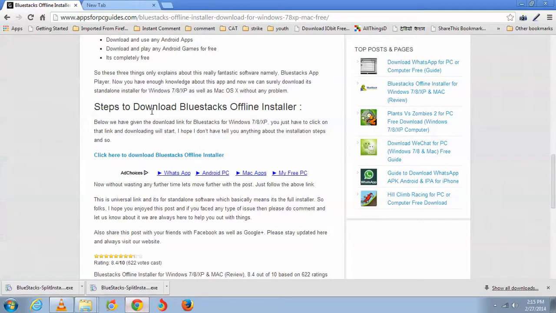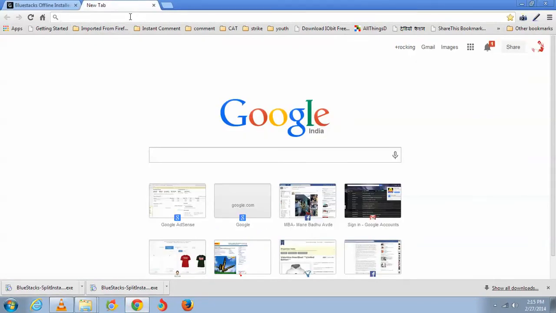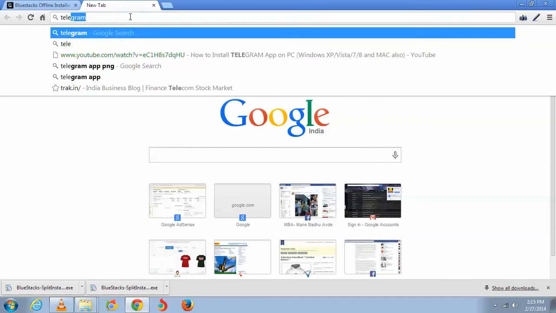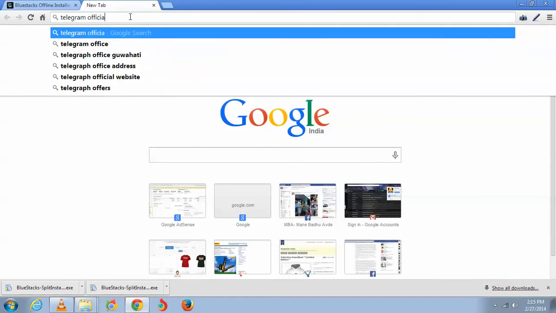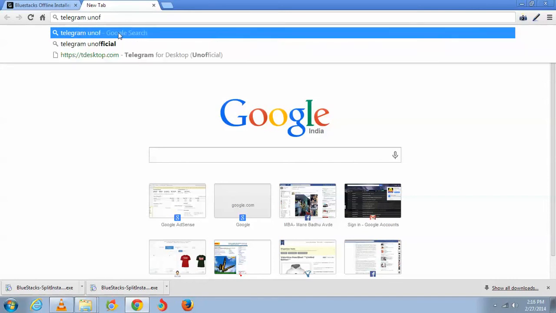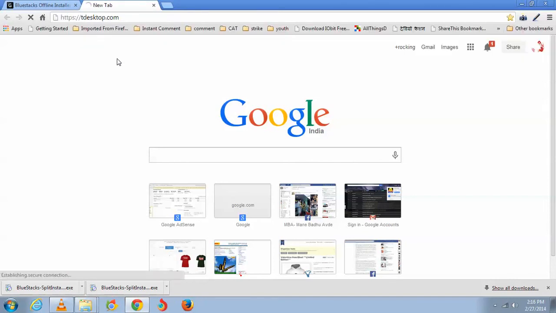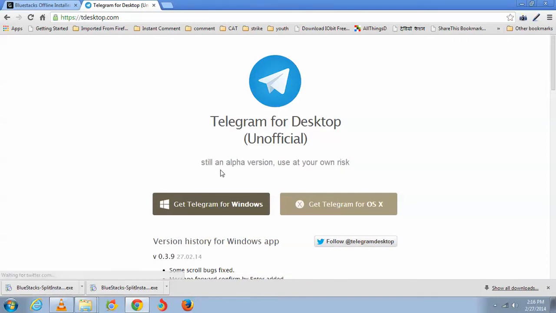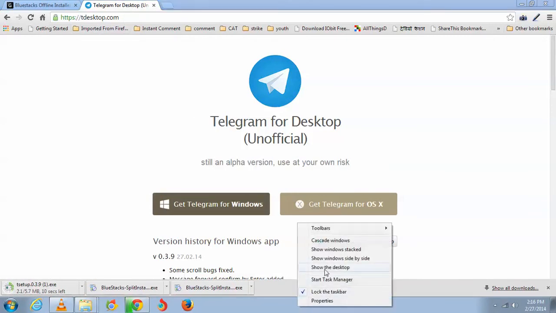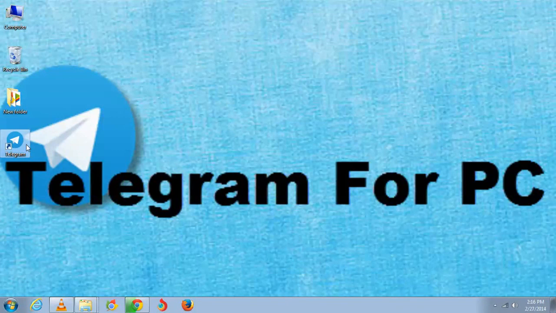And here I am going to present the second method, which is actually an unofficial method to run Telegram on your PC. But I think there is no problem in running this software also because it is great enough. I have already used it on my PC. You have to just click on download here. On this website, I have given this URL in my description also. Okay, I have already installed this on my PC. So let me just give you a bit of a review about it.